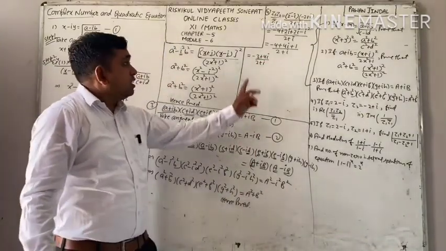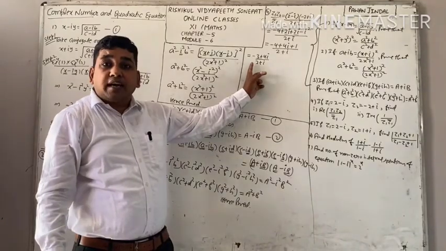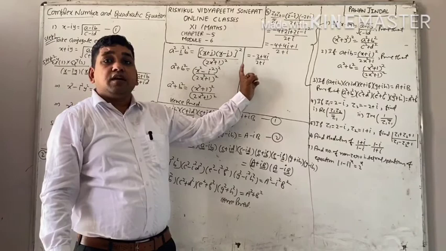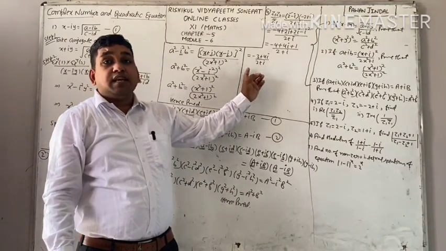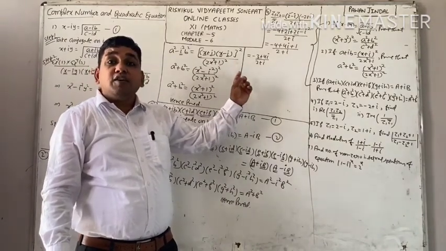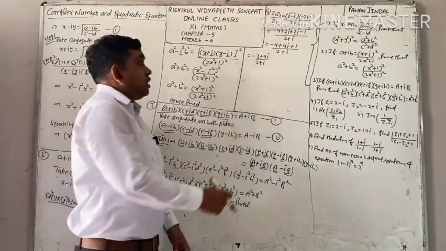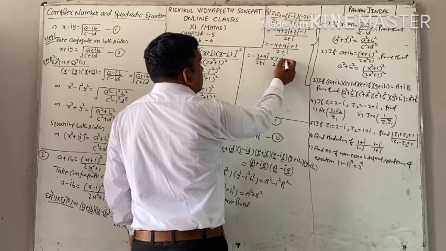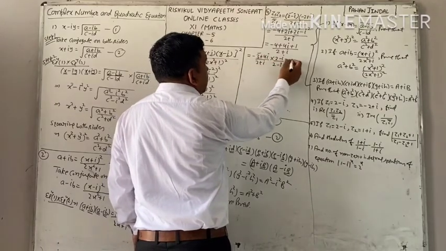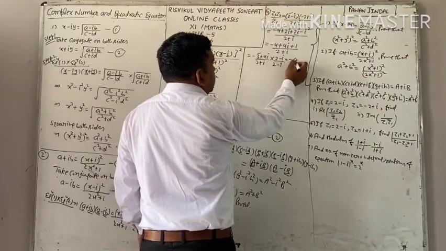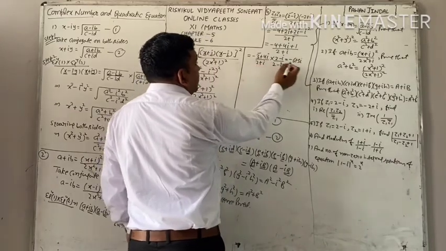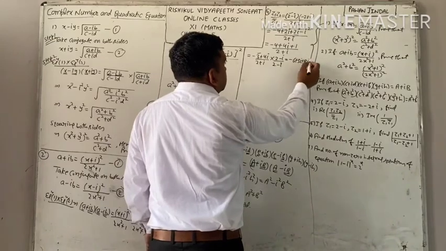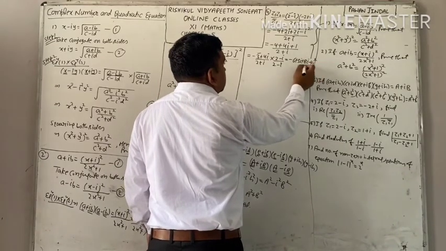Now you can see here there is an i term in the denominator, and I told you there should be no i term in the denominator. If you are having any such term, then you will remove it. How you will remove it? By rationalization. I am doing rationalization. You will get minus 3 into 2, minus 6 plus 3i, 4i into 2 plus 8i, 4i minus this, you will get minus 4 i square divided by.